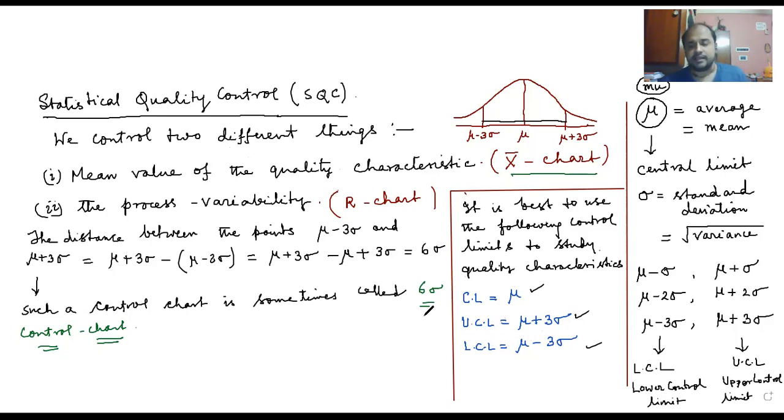In the last class, I discussed a few things about that, but today I'm going to discuss in detail. Now, why this? What do we mean by it? First of all, you have to understand what we mean by the mean value of the quality characteristic and the process variability. So when you manufacture something in the factory,